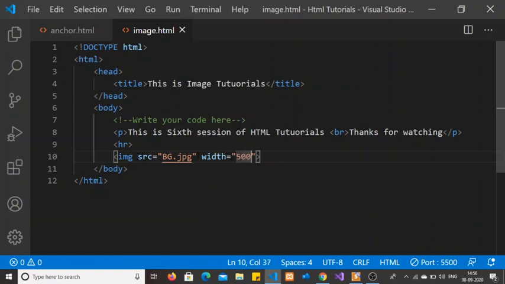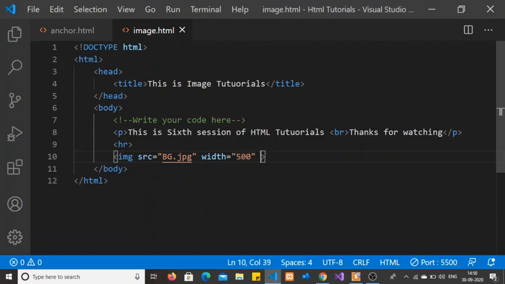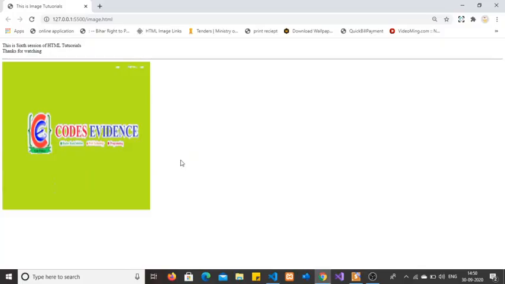I am applying 500. And I wanted to apply height. Height also I wanted to make 500. So let's have a look. Yeah, as you may see here, it seems like a square shape. Height and width are the same.